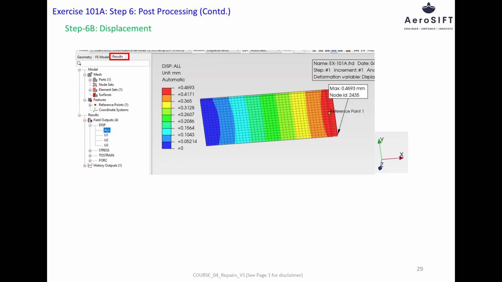In step 6b, displacement, we begin post-processing by evaluating the deformation response of the structure under the applied load. After the analysis has successfully run, go to the Results tab to access the available output data. Under Field Outputs, the user expands the displacement category and selects All, which displays the total displacement magnitude across the